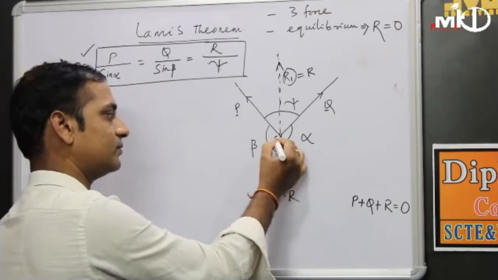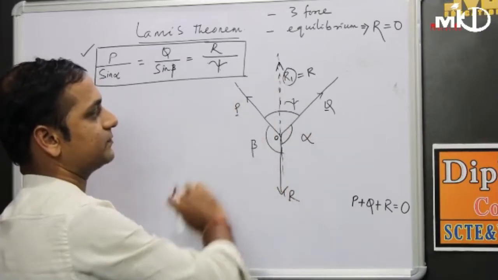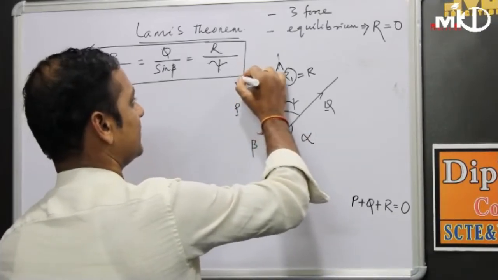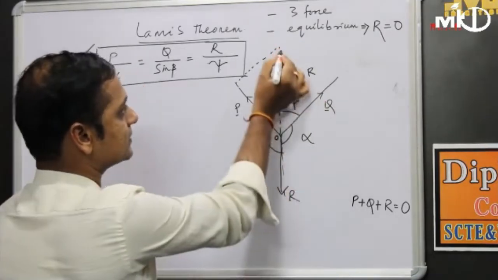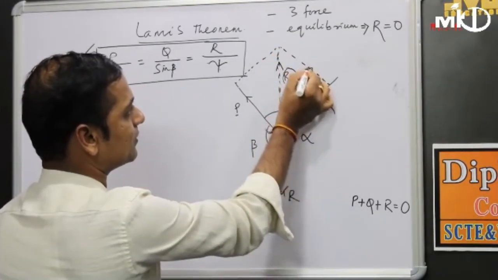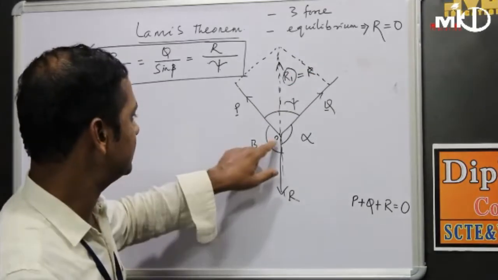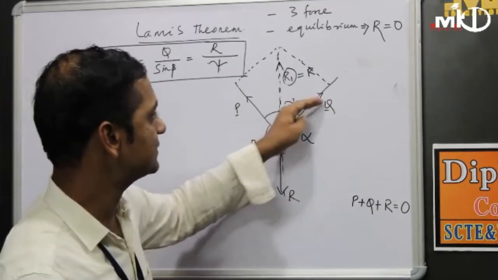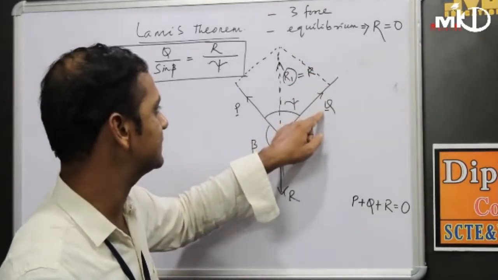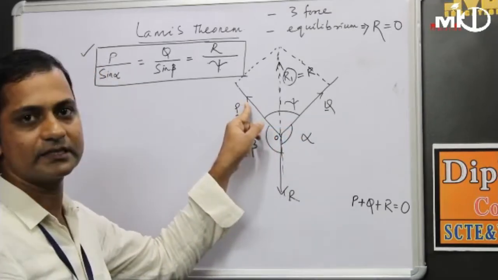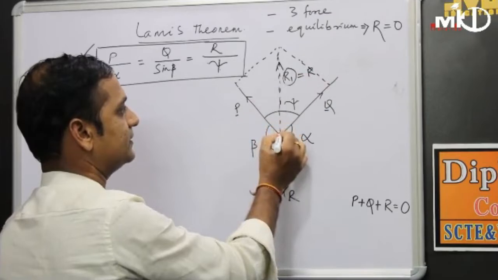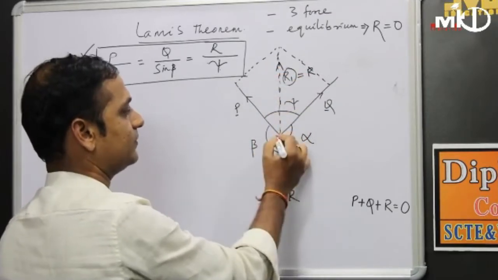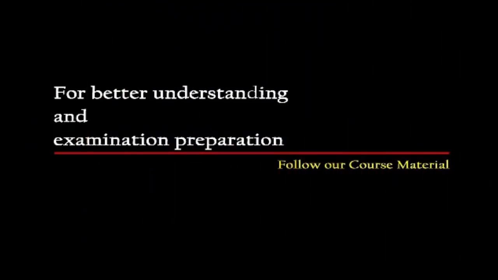Suppose this point is our O point, then this resultant is found out by applying our parallelogram law of forces. Friends, you have already learnt about parallelogram law. Means, suppose if I will draw a parallelogram like this, let this is your O point, one force is taken along this side, its magnitude is Q, another force is taken along this side, its magnitude is R, and if I will draw a line like this, then this diagonal, this is known as your diagonal of parallelogram, that is O, suppose this point is A, this one is B and this one is C.